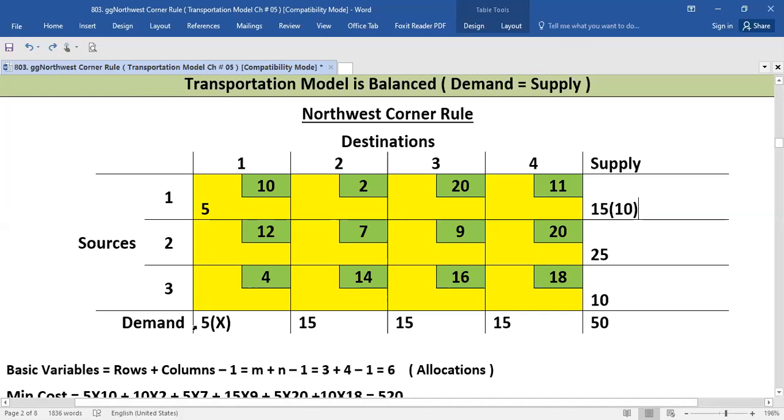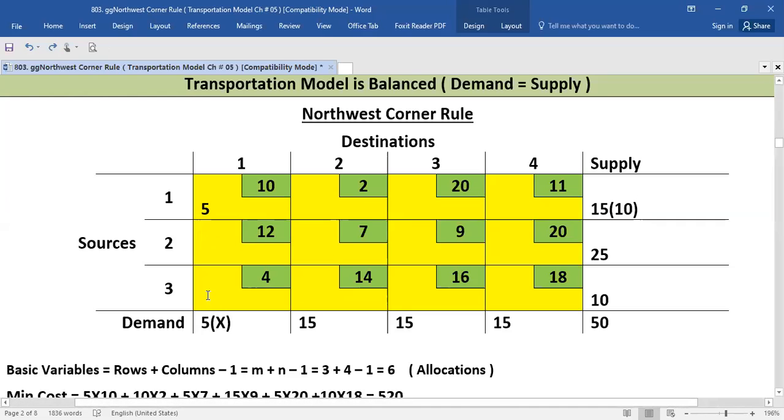This is my first point that you should keep in mind. After the allocation, you will see what is the difference. The difference is 0, so you will put a cross sign in the bracket, in front of 5. The cross in the bracket says that there is nothing left.